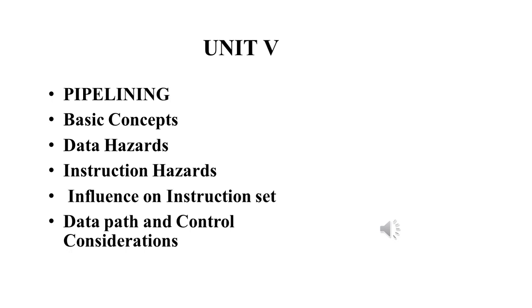The final one is structural hazard. It occurs when hardware resources are insufficient to handle multiple instructions in the pipeline. For example, you have only one memory port, but instruction 1 is fetching from memory and instruction 2 also wants to access the same memory. So only one can access at a time. The solution is to add more hardware resources or schedule the instructions to avoid the conflicts.